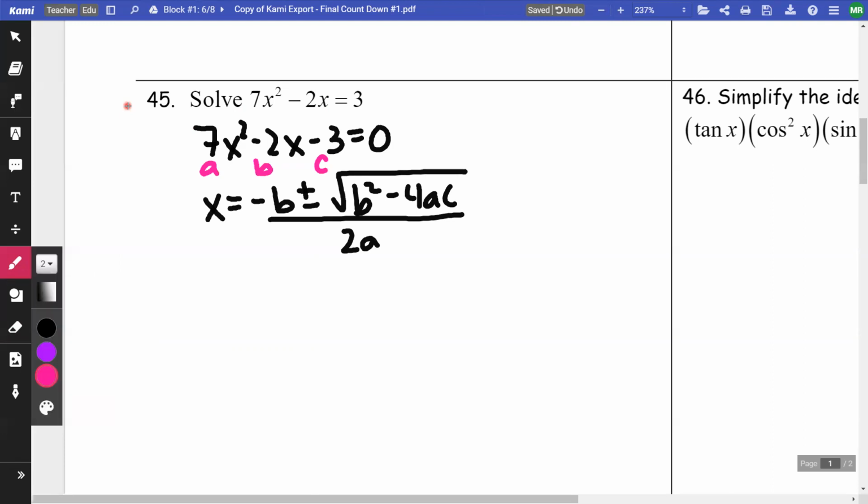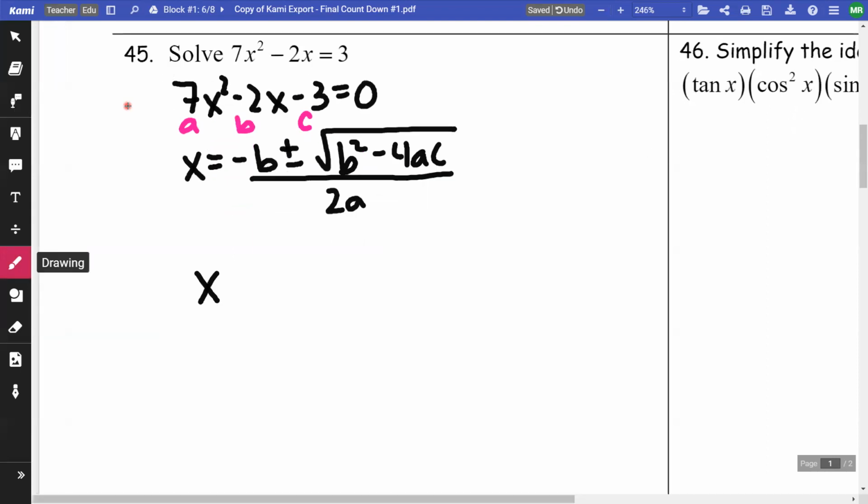So now I'm going to put these values into my formula. So I'm going to have x is equal to negative b. Since my b was negative, negative b means make it opposite. So it's going to be a positive 2, plus or minus the square root of negative 2 squared. And anytime you square something, put it in parentheses